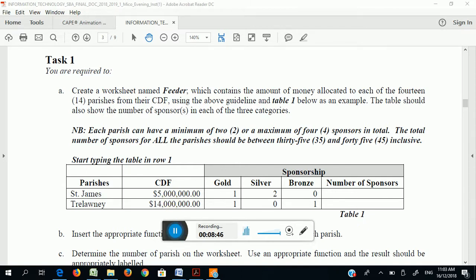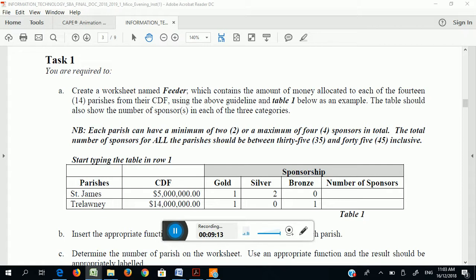To use equals sum, open bracket, they find the sponsors. Are you copying this formula down or across? Down. So what kind of cell reference do they have? Absolute or mixed? Mixed, because the C3 will change to C4, E3 change to E4.